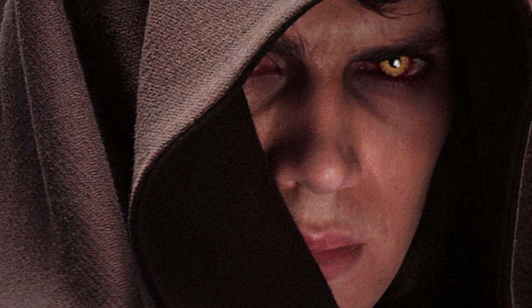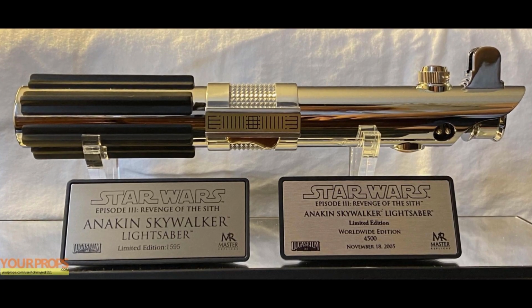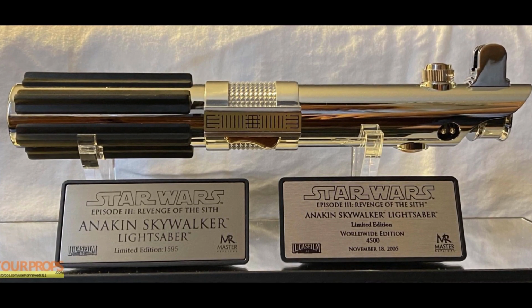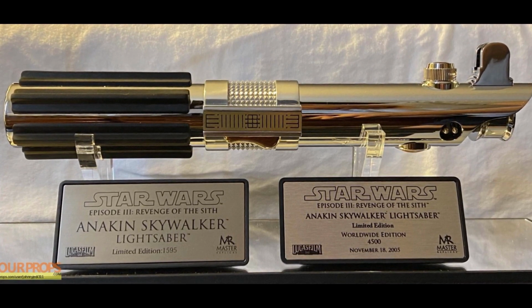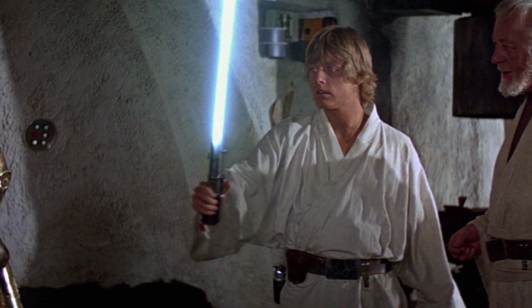And finally at the top of my list I chose Anakin's lightsaber from episode 3, Revenge of the Sith. This might not come as a surprise since Anakin is my favorite character in Star Wars. This is also the first lightsaber we saw in A New Hope,